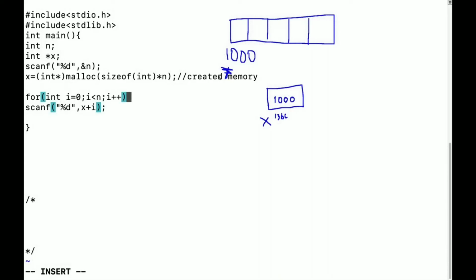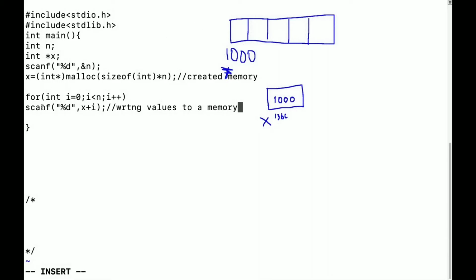For this much, I have done reading the values, or you can say writing the values to a memory. For this line, it is done.